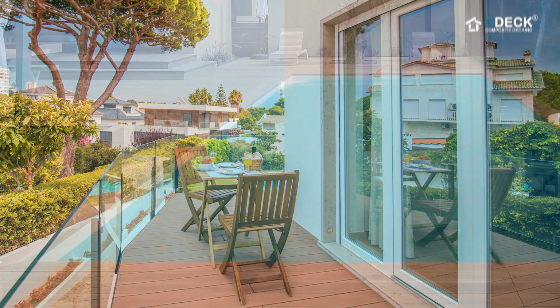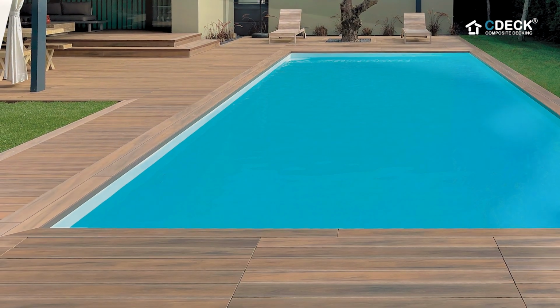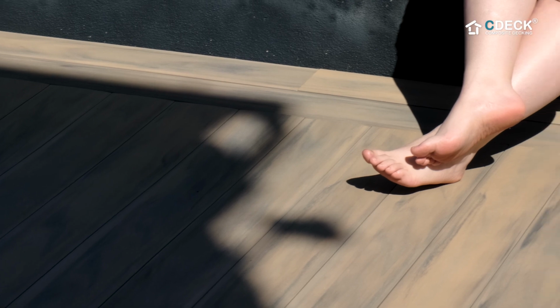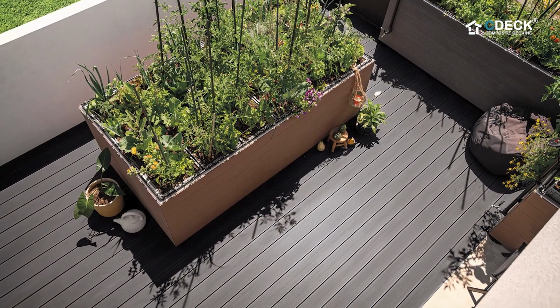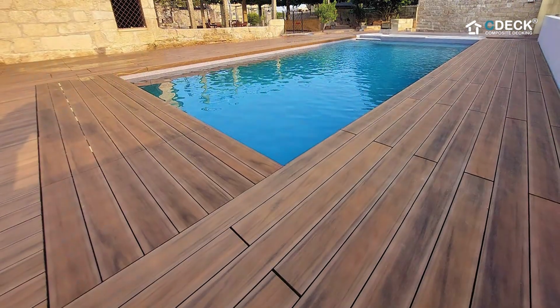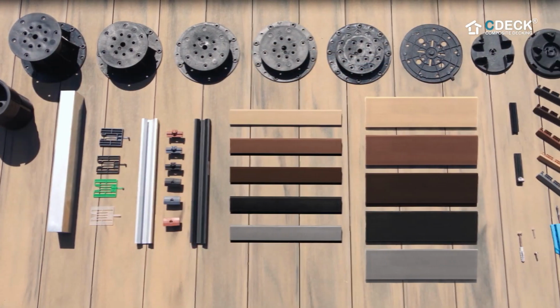CDECK is an innovative range of outdoor decking manufactured in Portugal. Designed to offer comfort, safety and durability, it is a composite decking solution that adapts to any project. With up to 25 years of warranty, it is a complete solution with a wide range of profiles and accessories